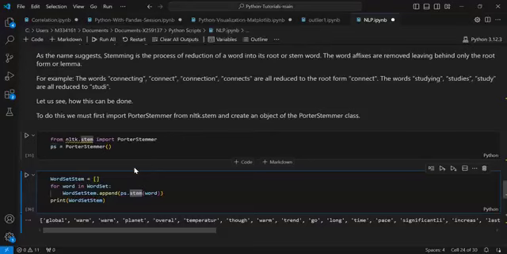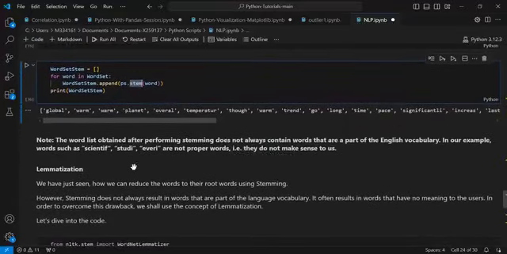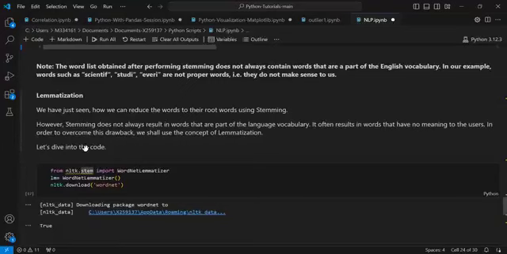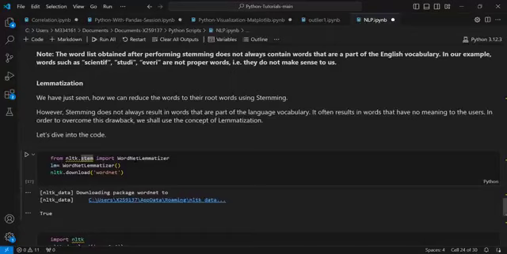So if you want to avoid this, you can use lemmatization. Lemmatization and stemming are both the same but with a different approach. So let's go with lemmatization. Here we just saw how we can reduce words into their root using stemming. However, stemming does not always result in words that are part of the language vocabulary. It often results in words that have no meaning to the users. In order to overcome this drawback, we shall use the concept of lemmatization. Okay, so how can we use this lemmatization? Again, instead of